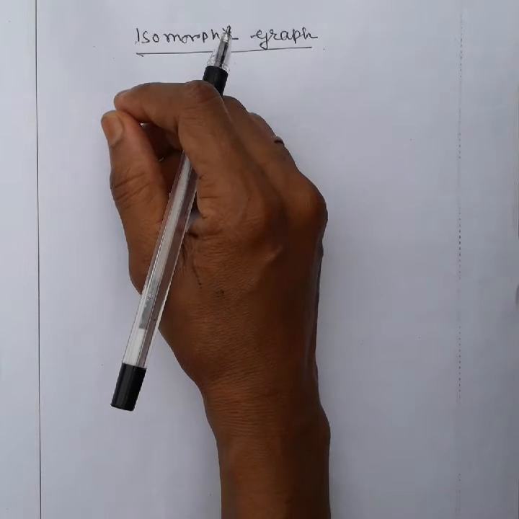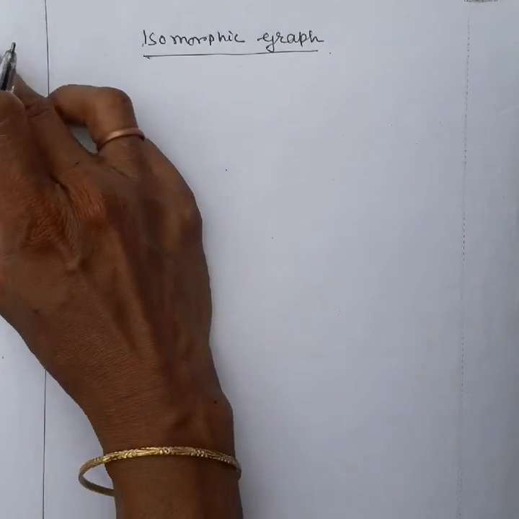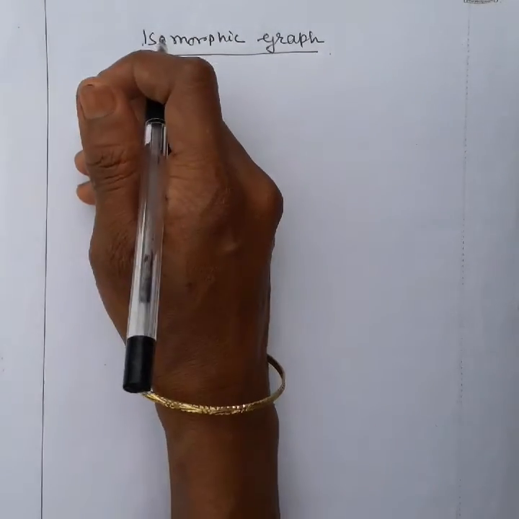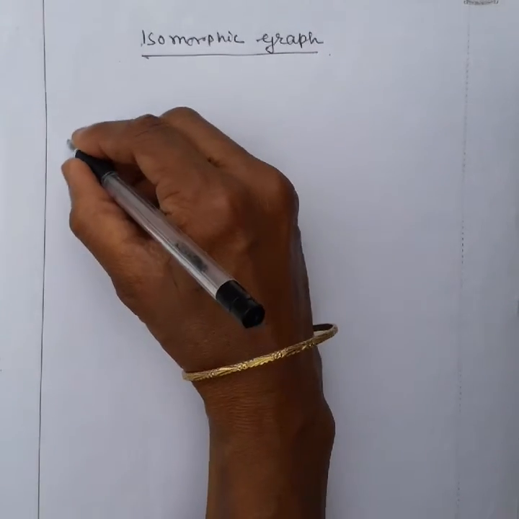In my previous lecture, I discussed the Hamiltonian path and isomorphic graphs. Okay, now we focus on isomorphic graphs in this lecture. In this lecture, we saw how two graphs are isomorphic. Okay. So, for example,